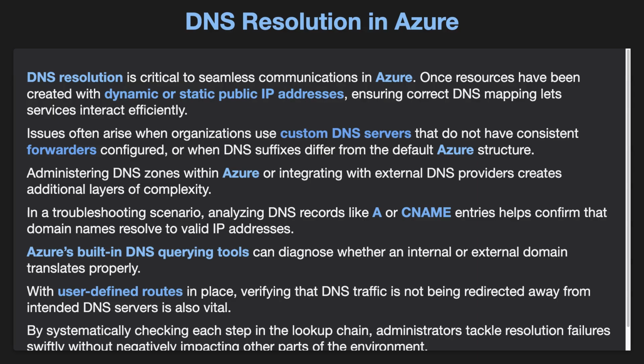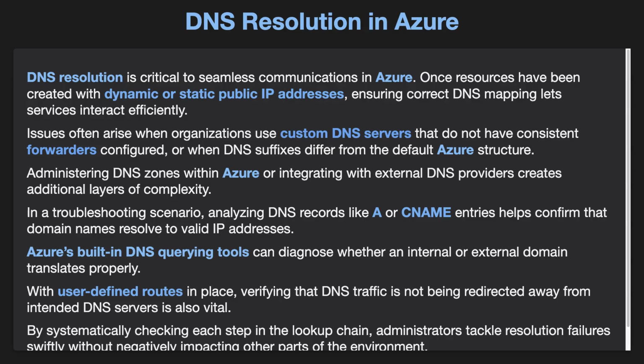In a troubleshooting scenario, analyzing DNS records like A or name entries helps confirm that domain names resolve to valid IP addresses. Azure's built-in DNS querying tools can diagnose whether an internal or external domain translates properly. With user-defined routes in place, verifying that DNS traffic is not being redirected away from intended DNS servers is also vital. By systematically checking each step in the lookup chain, administrators tackle resolution failures swiftly without negatively impacting other parts